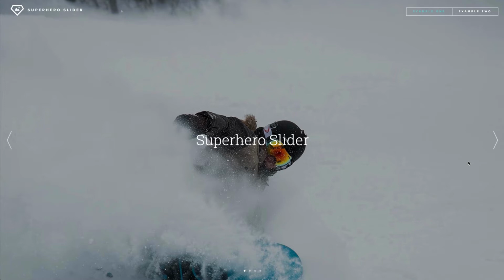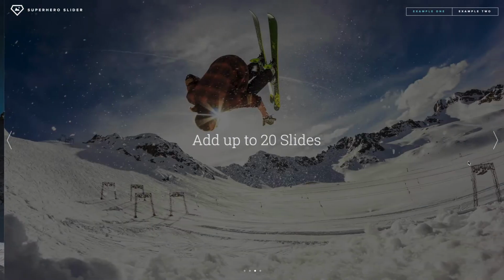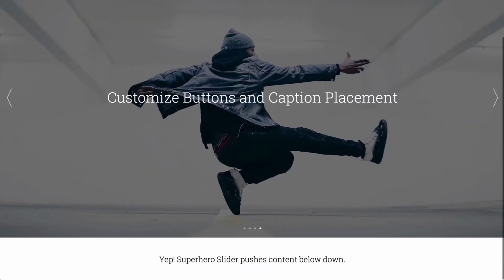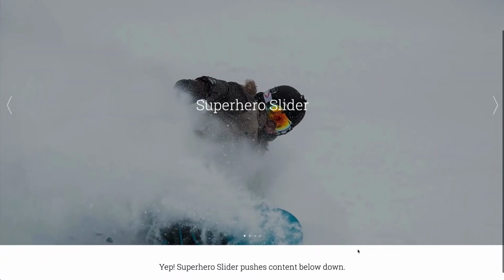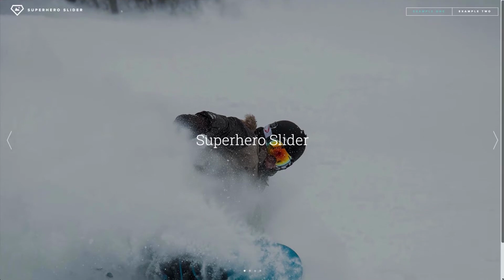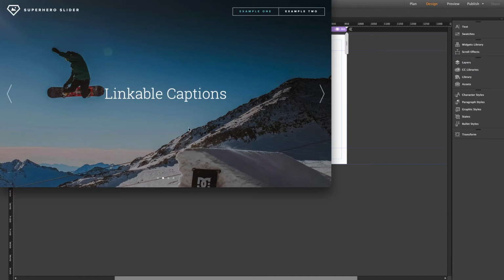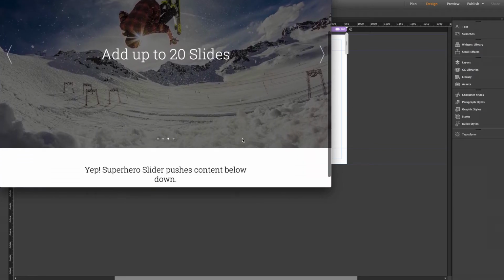And the page itself can be any length that you want, so all the content beneath it will be placed just below accordingly. So for example, our live demo here of the Superhero Slider, now obviously we're looking at an active slideshow here, but notice I can scroll down and reveal our text below, or any content that you want, is just beneath the bottom of the browser. And if I scroll back up, I can even change the size of the browser completely. And you can see how the image and the captions adjust accordingly. And then if I scroll down once again, we see that the content is still positioned just beneath, like so.